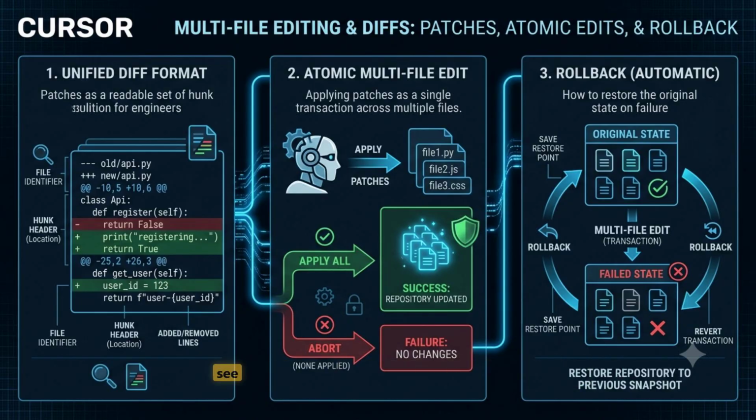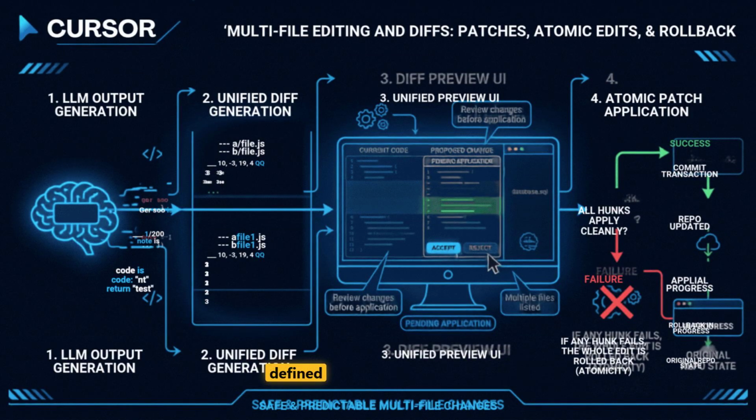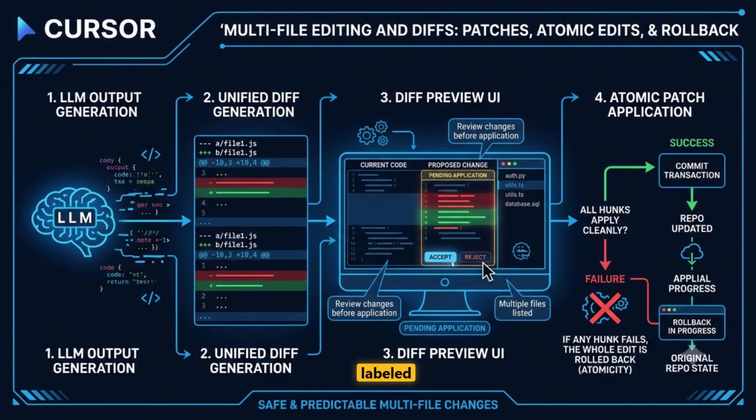Next, let us see exactly where this runs inside the agent, the real implementation behind the concept. You are seeing the primary multi-file agent loop as defined by Cursor. Look at the left side of the screen labeled Step 1, where the agent makes LLM calls,